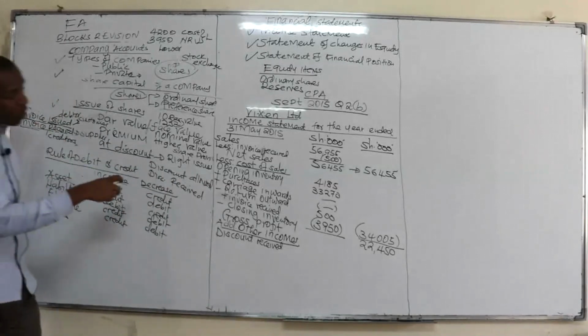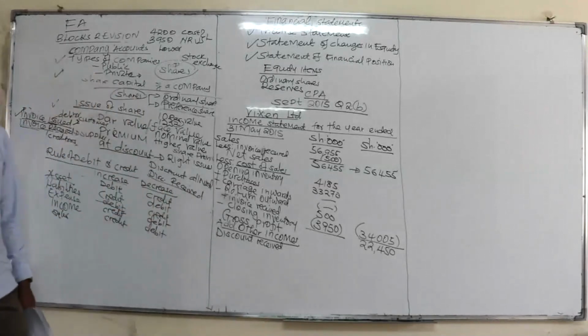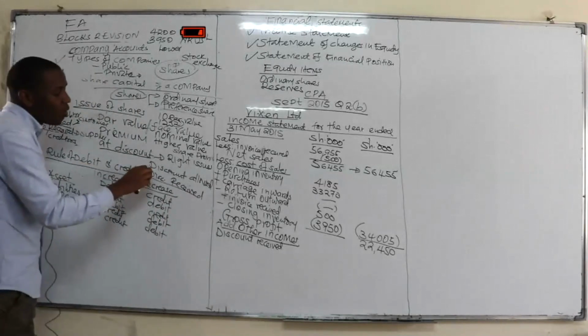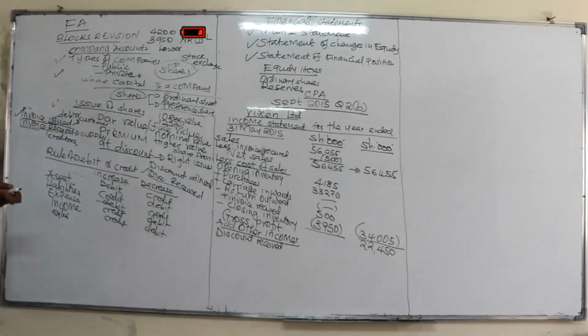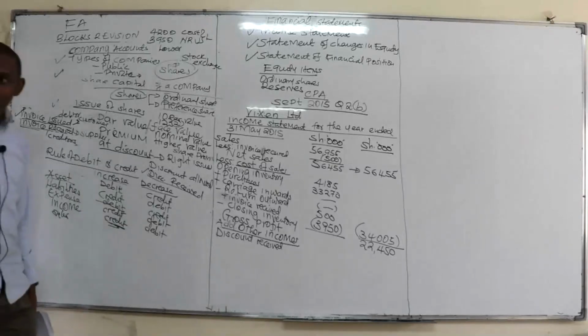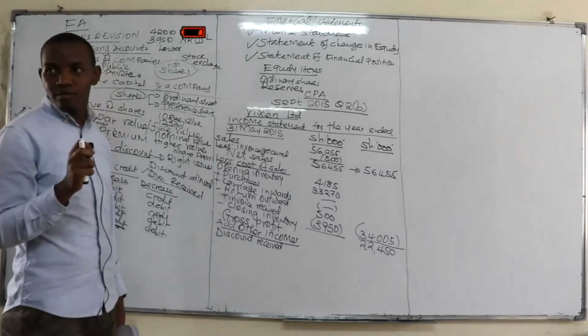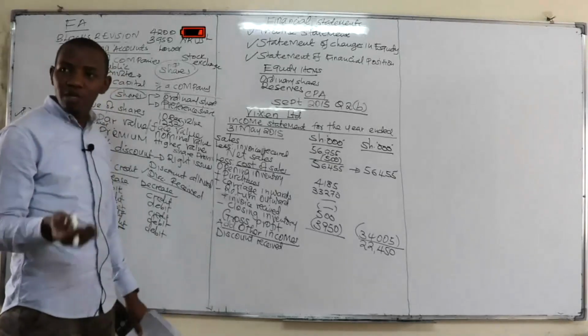Now, there is what we call the discount received. Discount received is what is given by the supplier. It means you will pay that amount less, and you will receive it as an income to you. So for the income, whatever increases in this case will be what? Credit side. So whatever is on the credit side, that is now the discount received.